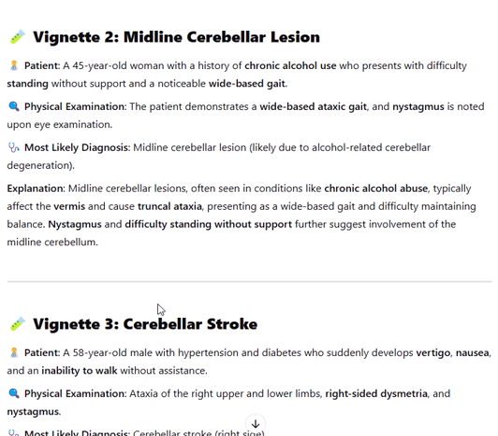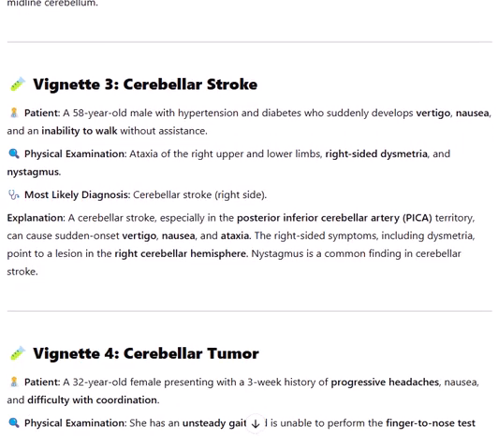Explanation. Midline cerebellar lesions, often seen in conditions like chronic alcohol abuse, typically affect the vermis and cause truncal ataxia, presenting as a wide-based gait and difficulty maintaining balance. Nystagmus and difficulty standing without support further suggest involvement of the midline cerebellum. Vignette 3, Cerebellar stroke. A 58-year-old male with hypertension and diabetes who suddenly develops vertigo, nausea, and an inability to